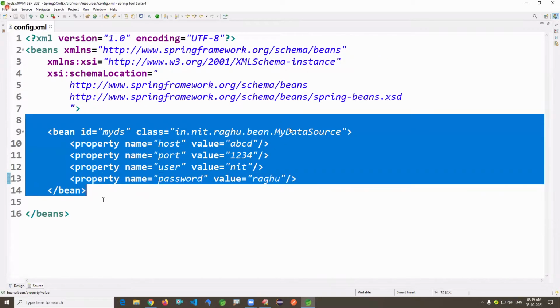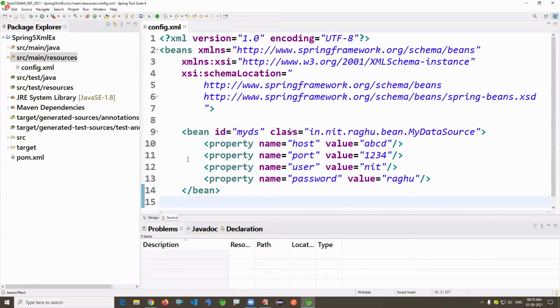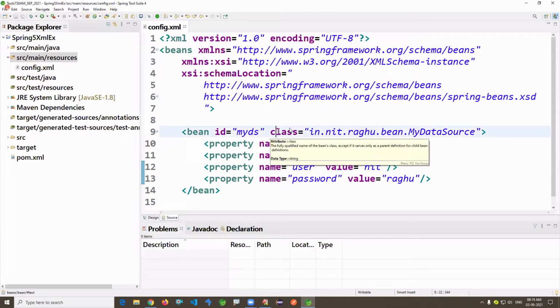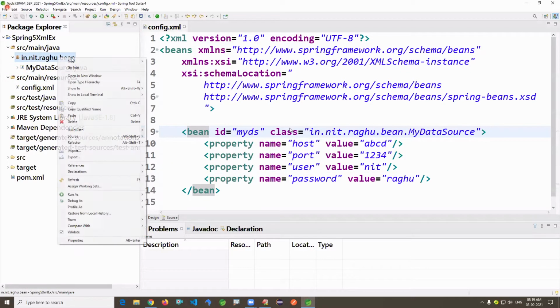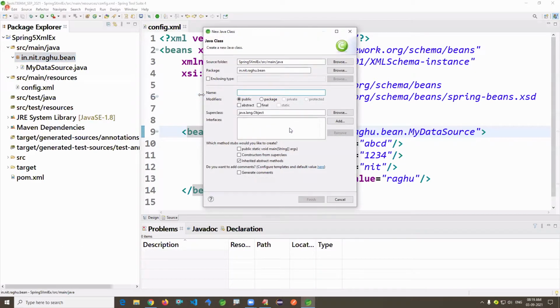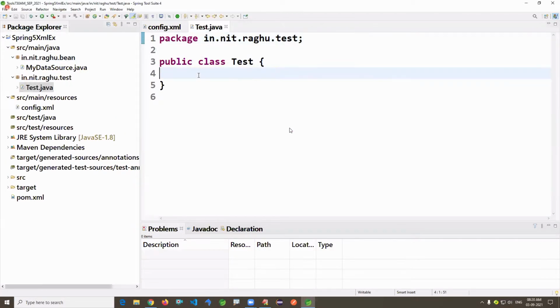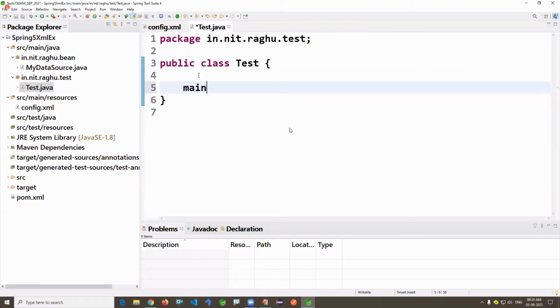So this is creating the object. Now I want to execute. Is that correct or not here? So by writing a test class, right click, new, I'm writing a class Test. There I'm writing a test class with a main method.